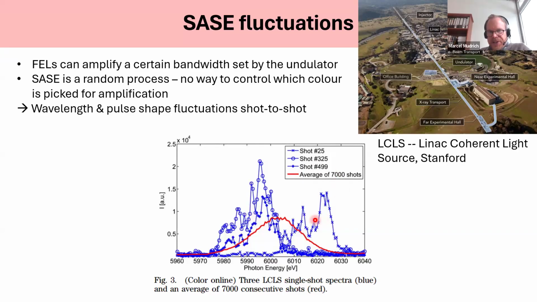And only by averaging over many of these SASE pulses do we get this red line. The red line is an average of 7,000 of these shots, which looks more like what we would expect for